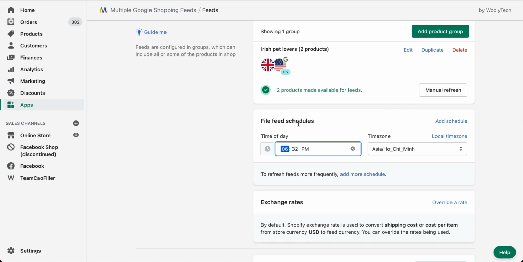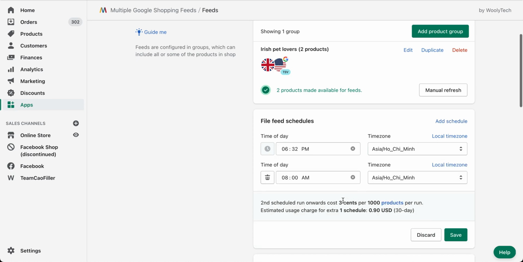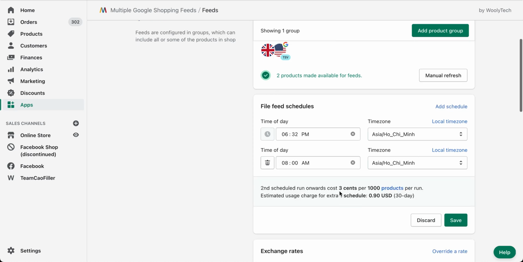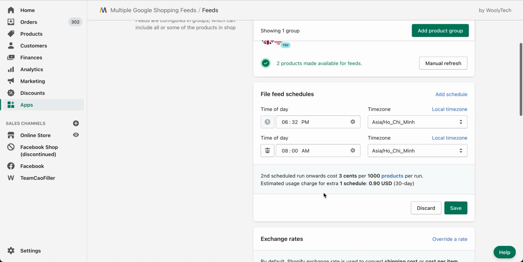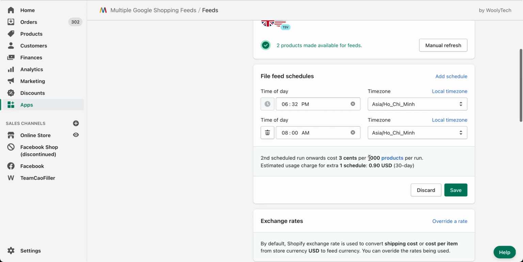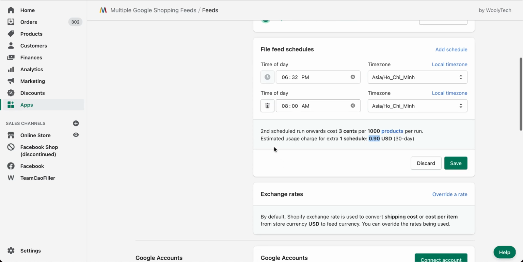You can see here that if you want the feed to refresh more frequently than once a day, you can add more schedules at some extra cost. Not much. For example, for 1,000 products, I will only need to pay an extra $0.9 every month.